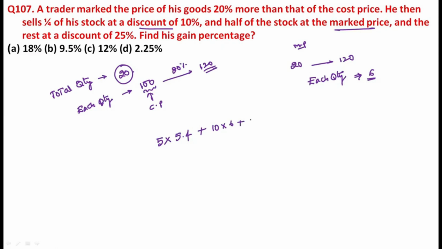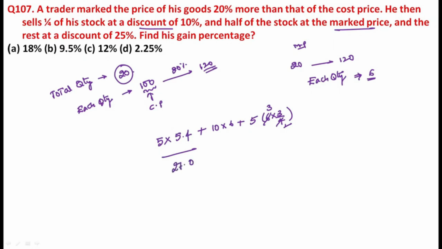And the remaining quantity. The remaining quantities are 5. And they gave us a discount of 25%. 25% means one fourth of the value, so the cost price is multiplied by the fraction 3 by 4. Now these two times, now you can get this value. Now see, 5 into 4.5,